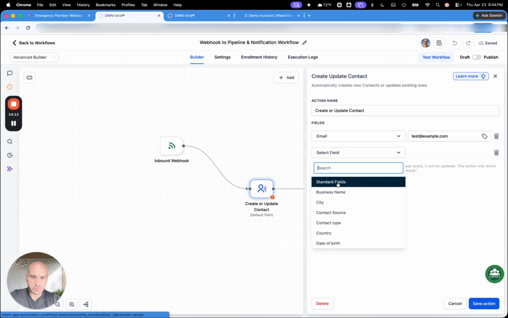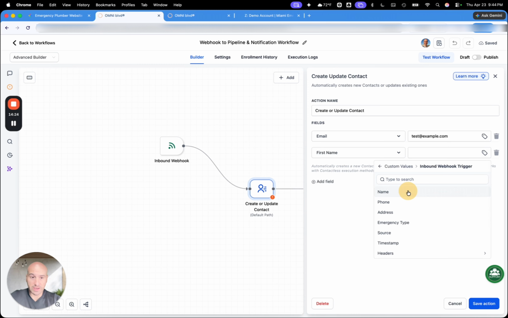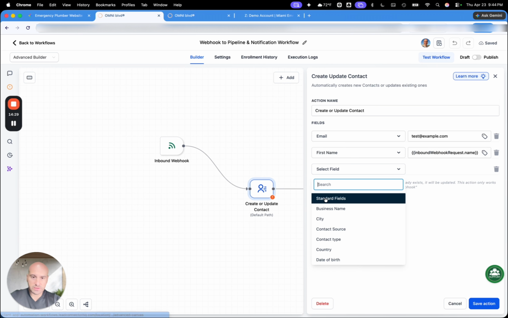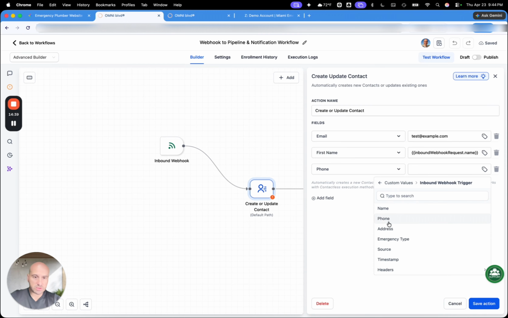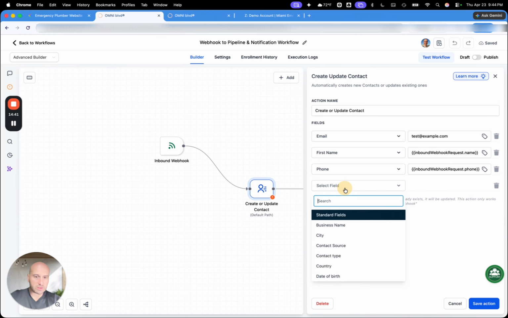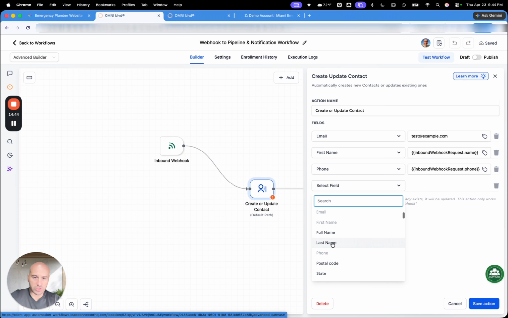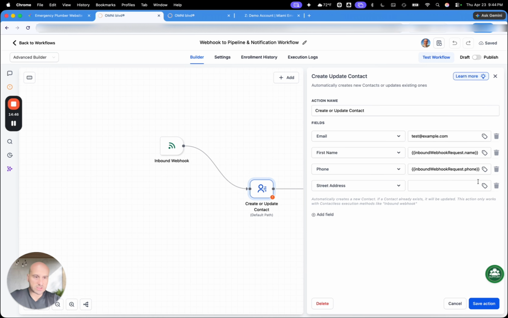I want name, and the name is going to come from, because we did an inbound webhook name. Then the field is going to be phone number, so we're going to get a phone number here. And then here we're going to do exactly the same thing, webhook, phone, then just follow the steps, nice and easy. We're going to do address, street address, again, webhook, address, and then